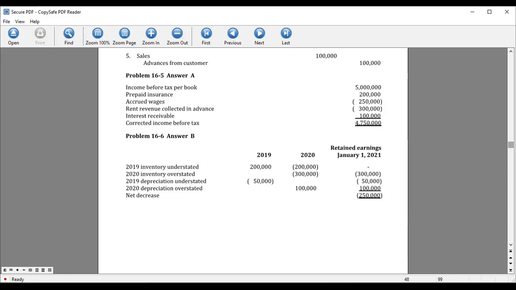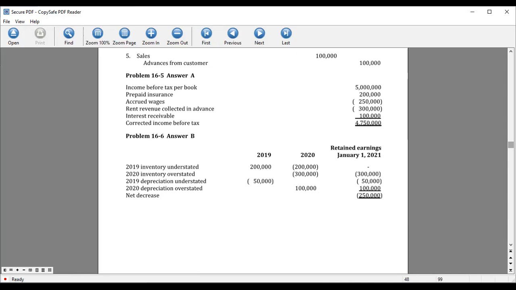Now, being a prepayment, all amounts paid were debited to insurance expense because of the non-recording of the prepayment. So if the insurance expense was overstated, net income was understated. That's why we have to add back